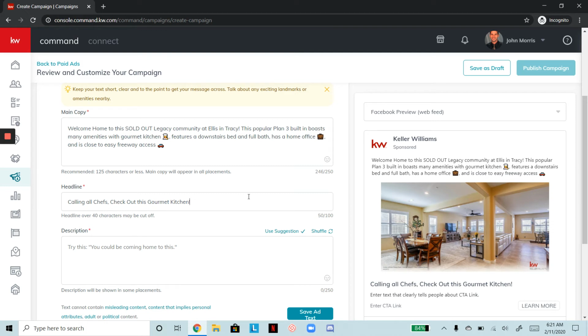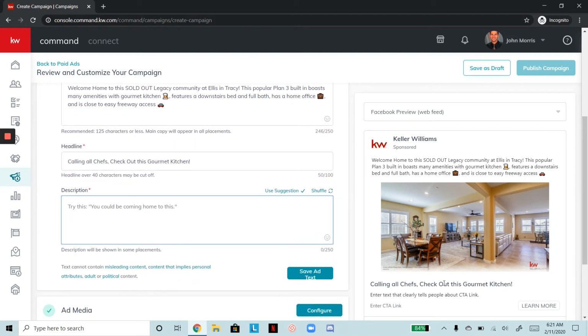Calling all chefs, check out this gourmet kitchen. And then if we go into description, if we look over here, it says enter text that clearly tells people